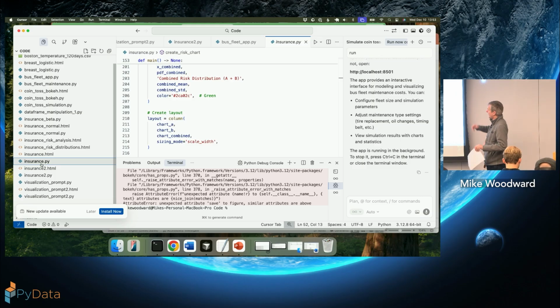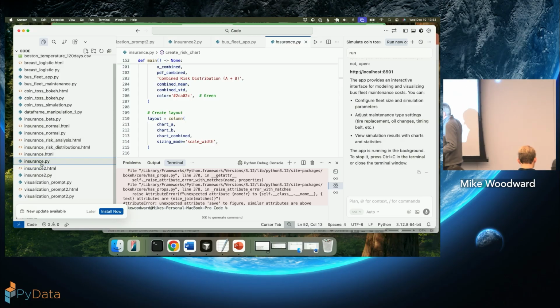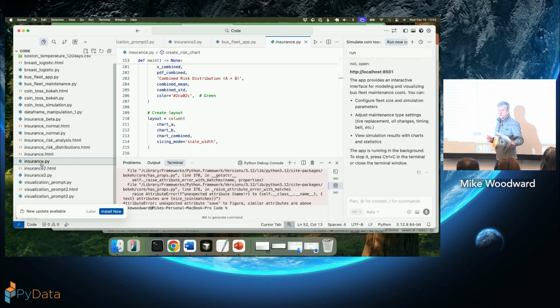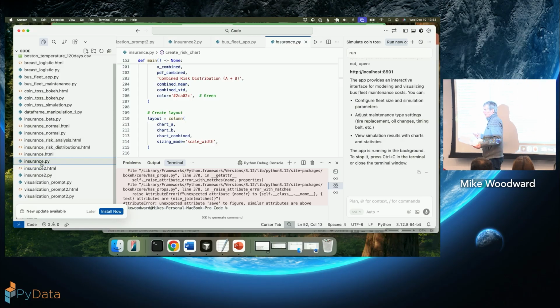So I gave this code a prompt, and I said, well, here are two losses I want you to combine. They're normally distributed, and these are the parameters for the normal distribution.